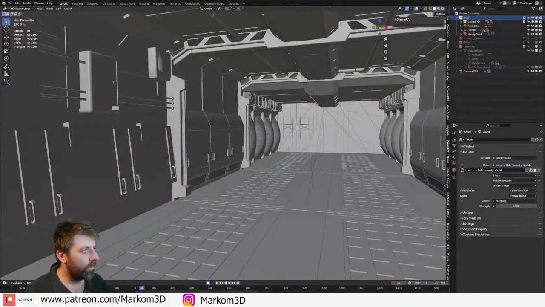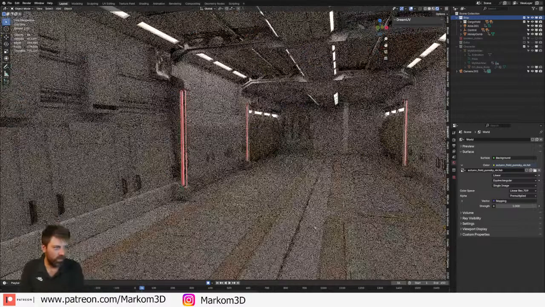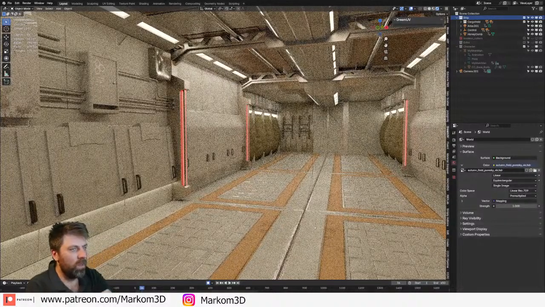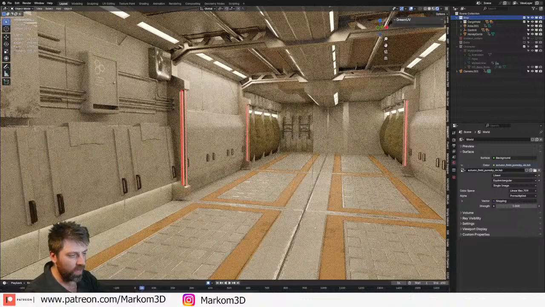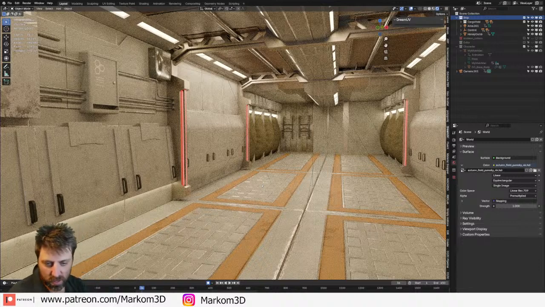I'm actually really happy with how this interior turned out. I think it's not too bad. Did spend some time putting up the pipes in there and so on and so forth. Creating this ground was actually really nice. I actually really enjoyed that. Trying to get as much inspiration from Star Citizen and such.